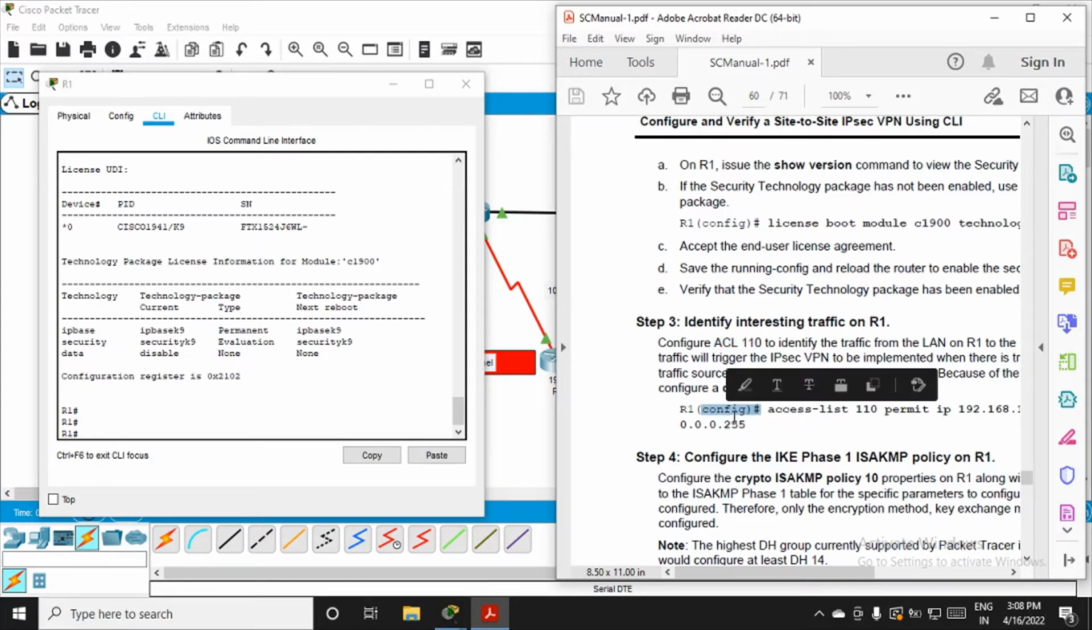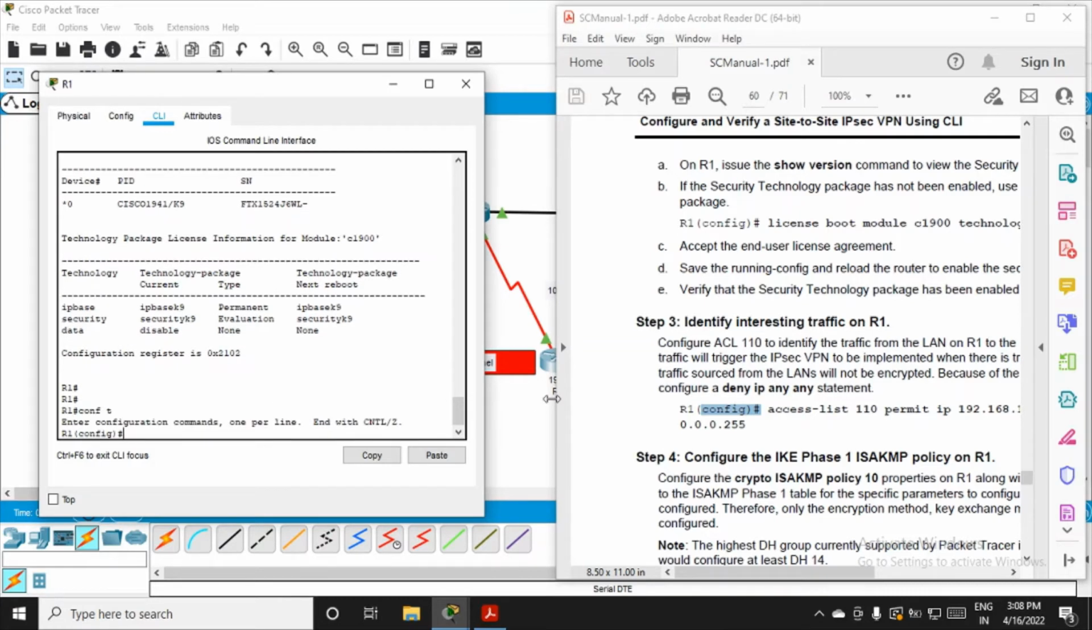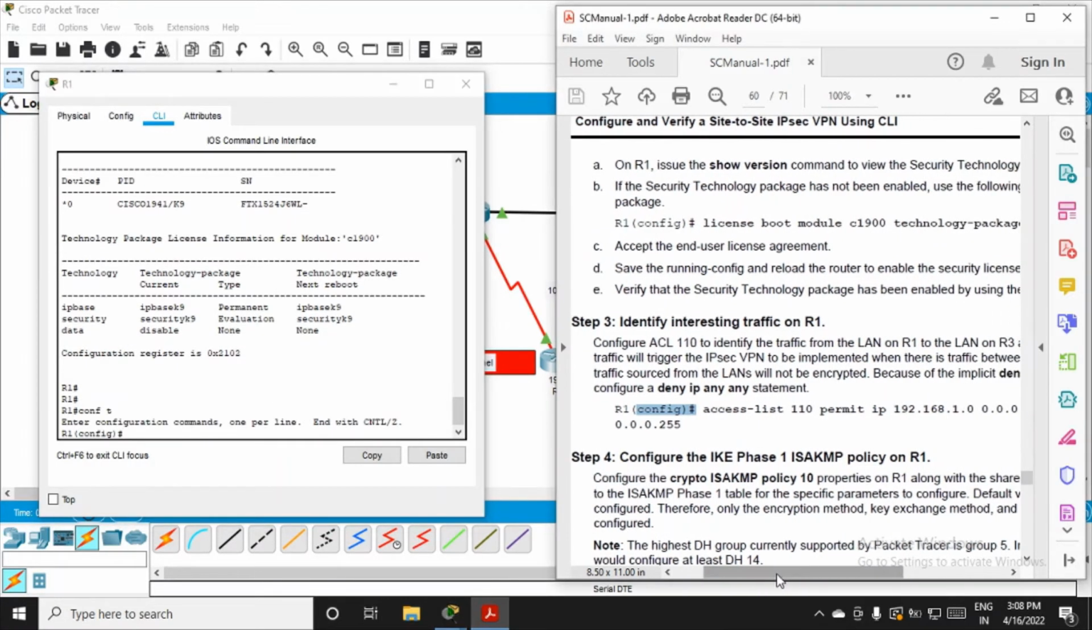So get yourself into configuration mode on R1. Type conf t here, and fire this command, that is access-list 110. So let's type here quickly: access-list 110, then permit, then IP, permitting IP addresses from the network 192.168.1.0,